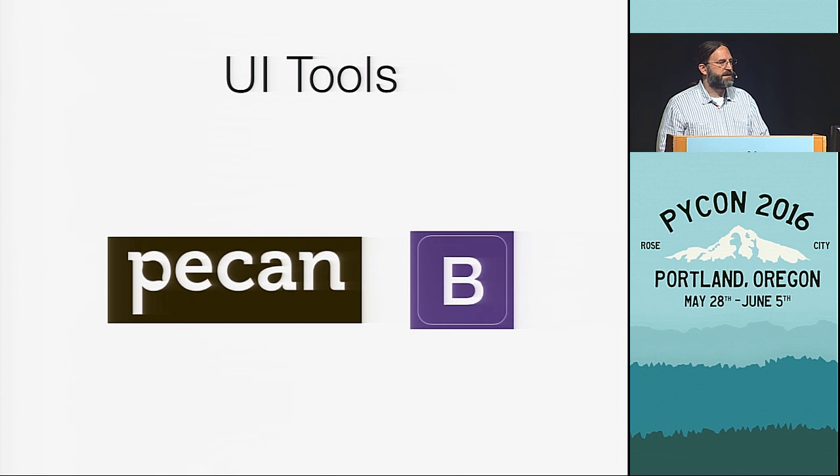This is definitely a case where I had to go outside of the standard library. For a CSS framework, I started with the Pure CSS library. I had used that on my blog, and that was pretty good, but decided to switch to Bootstrap partway through because it has better widget support, and I was building something more interactive. And then I chose Pecan as a web framework, mostly because I'd used it recently, and I know the developers through the Atlanta meetup.